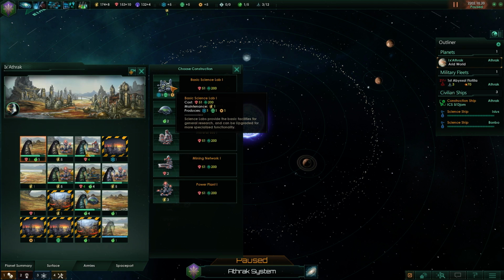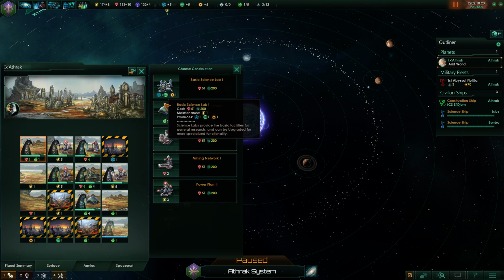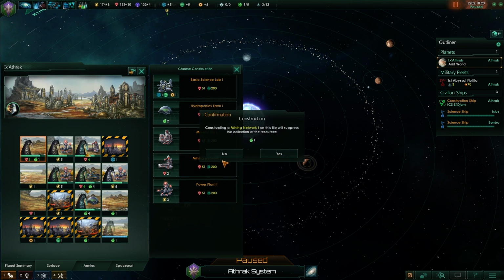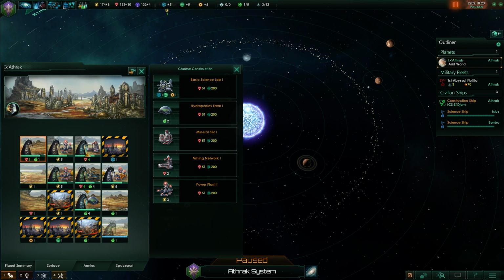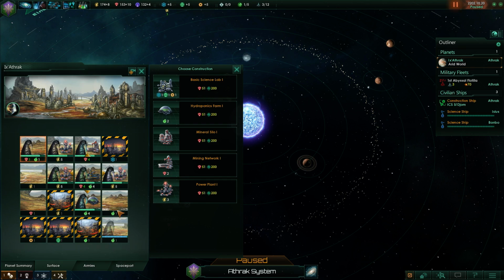Or we can increase our overall research. Ooh. I think minerals. Let's go for some minerals. We'll suppress the collection of the... Oh! So no, you won't get the 1 in 1. You'll only get the mineral bonus. Good to know. In that case...